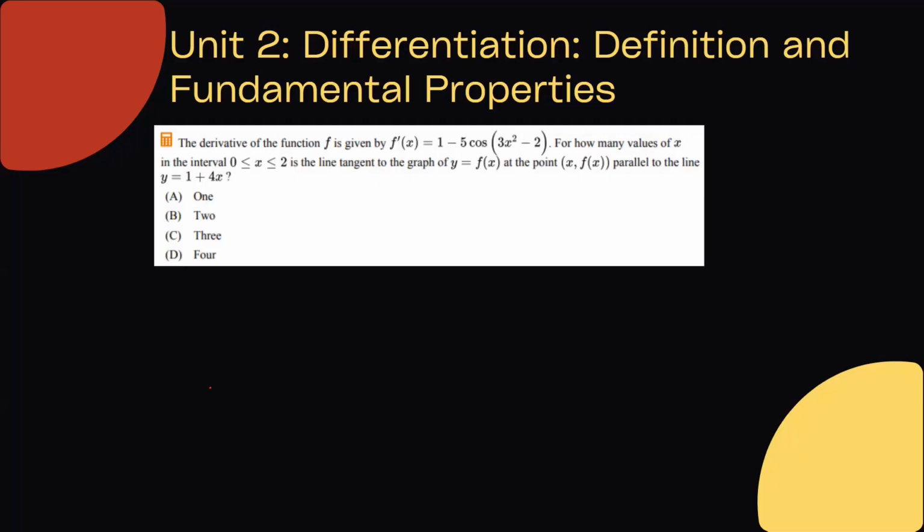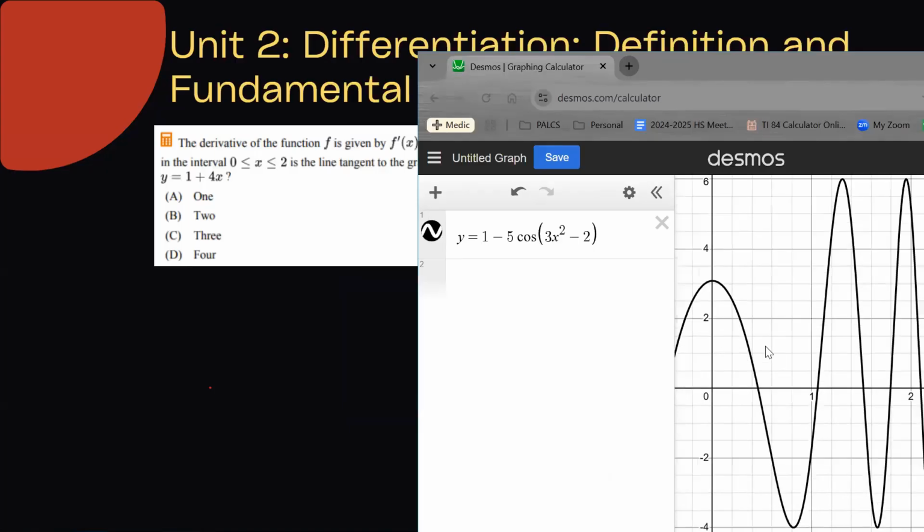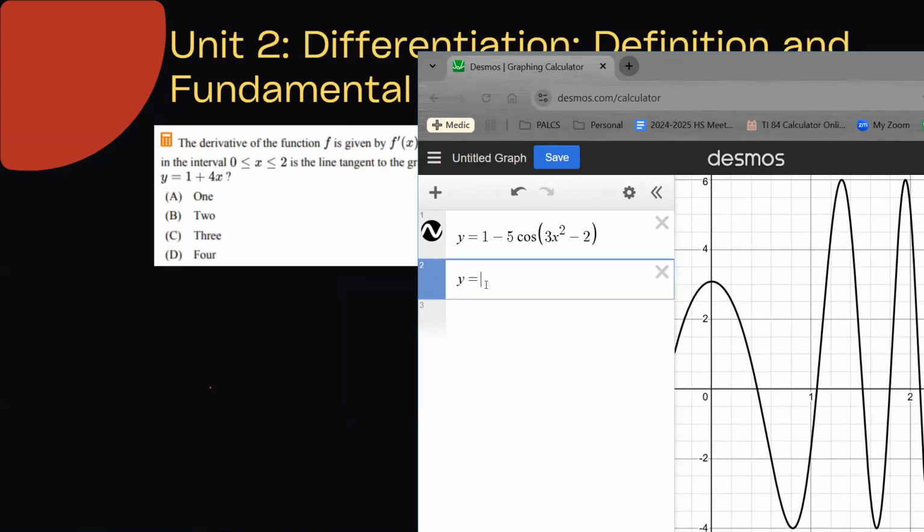So the slope of y equals 1 plus 4x is just 4. The slope of f is f prime, which they give you the function for. With Desmos, what you would want to do is graph the derivative. All right, have it right here. And then graph y equals 4. And you're looking for how many times this graph of cosine equals 4. It's 1, 2, 3. Be careful, this fourth one is not on the interval 0 to 2, so it's 3